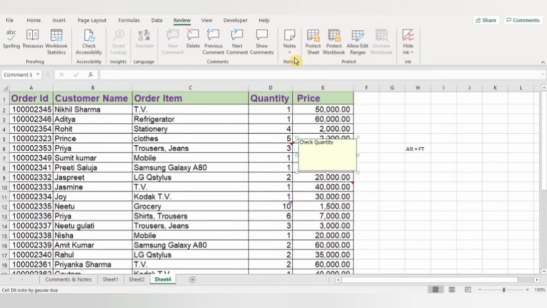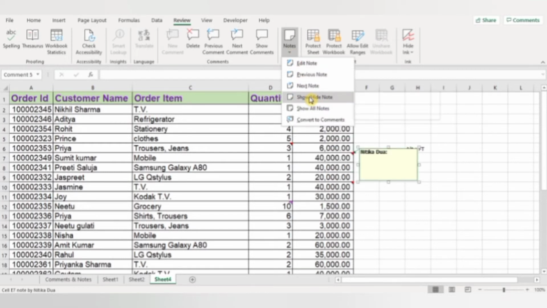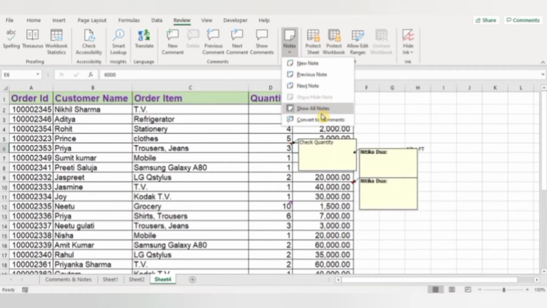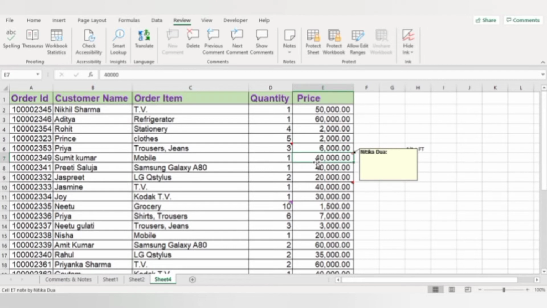And from here you can select previous note or next note or show or hide note. This type of note is the same as comments in Excel 2019 or earlier versions. And now in Office 365 there is a new type of comment which we will see in this video.